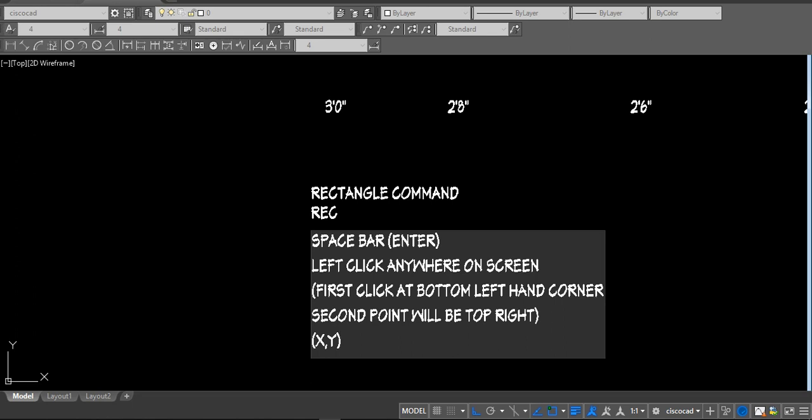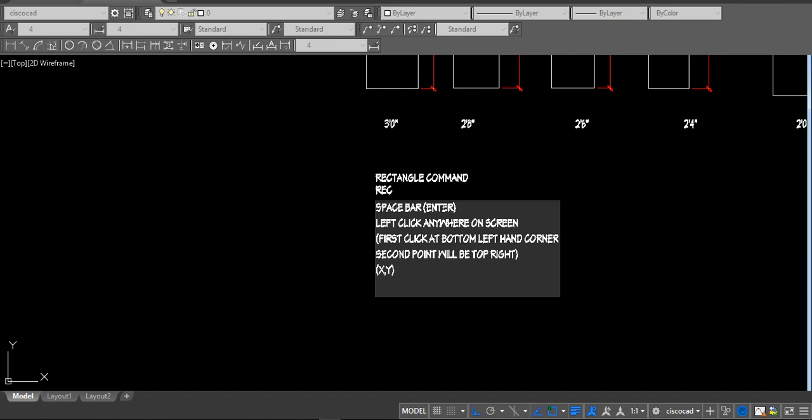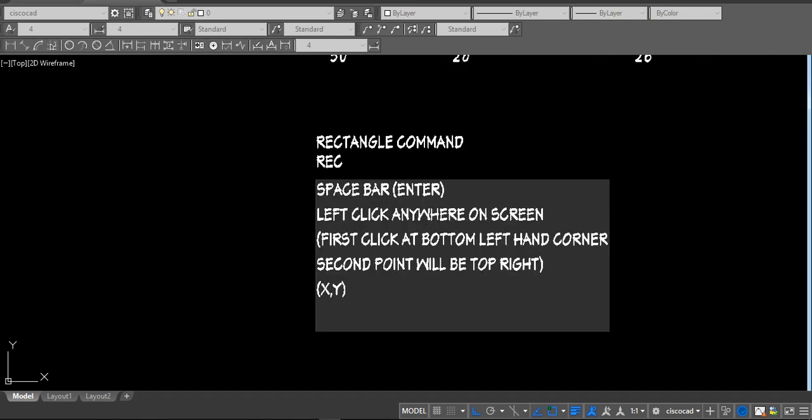Right? So if you remember that, you would type at 3 feet. Make sure you put feet, and then you press the comma, and then you type 6 feet 8, and then you press enter key, not the spacebar but the enter key, because we're typing numbers, right? And that's it. So REC,